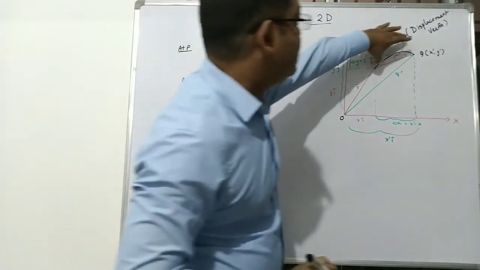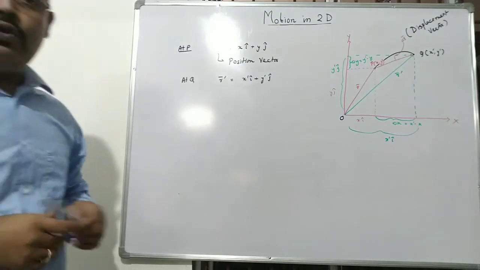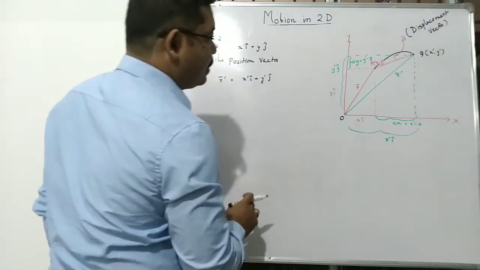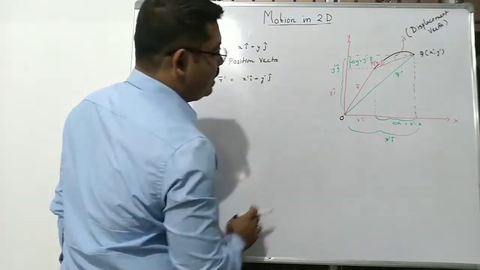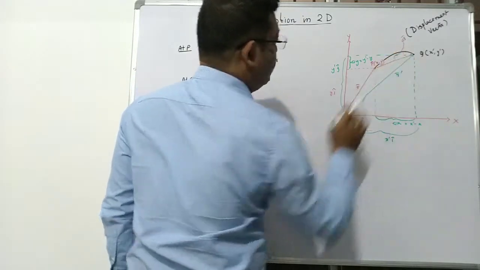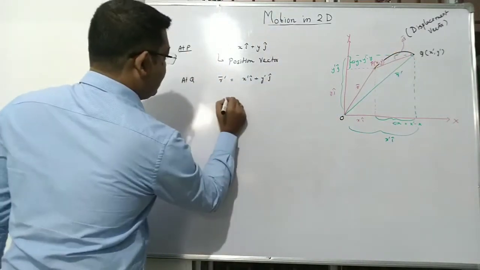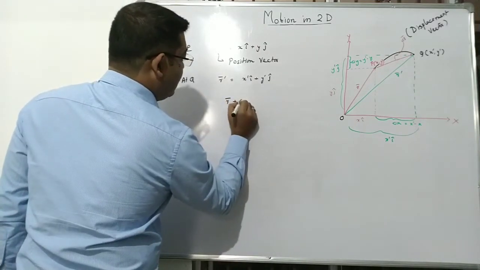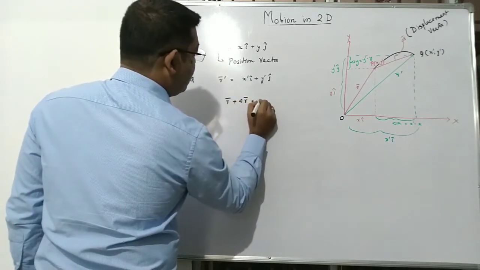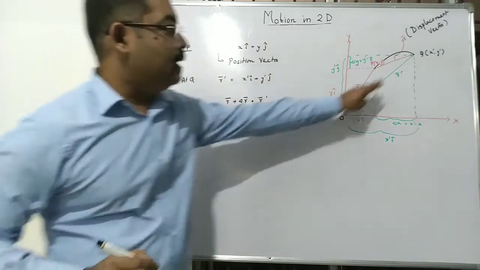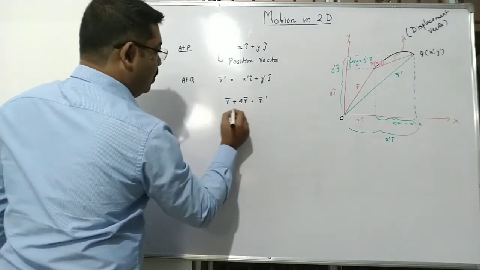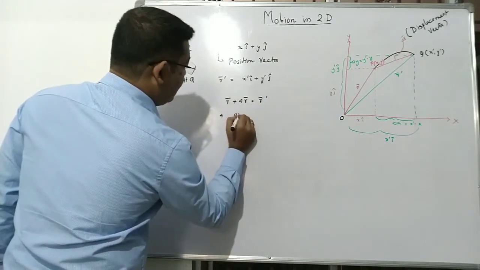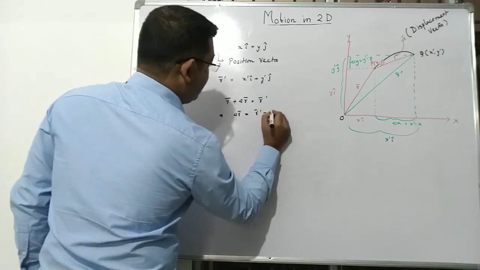Now how to find this vector delta r? Because we need to find the displacement. To find delta r, if we consider this triangle OPQ, then we see that OP plus PQ, by the triangle law, that is vector r plus PQ, which is vector delta r, is equal to vector r dash. This is the resultant of the vector sum of the two given vectors. So delta r can be given by r dash minus r,